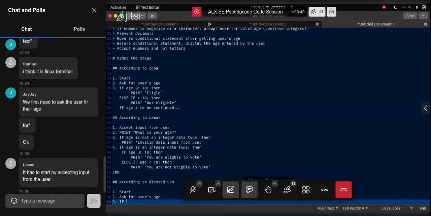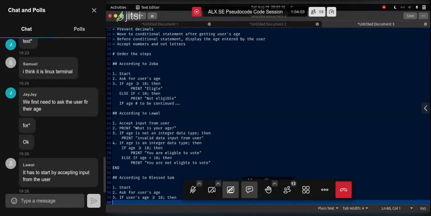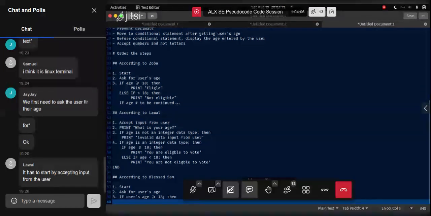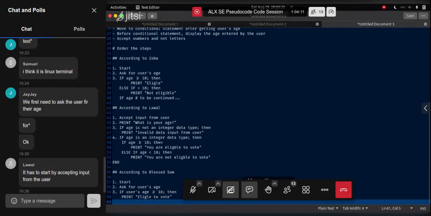If the user's age is greater than or equal to 18, then the computer should print eligible to vote. Else, if